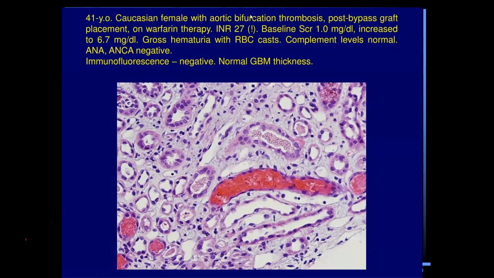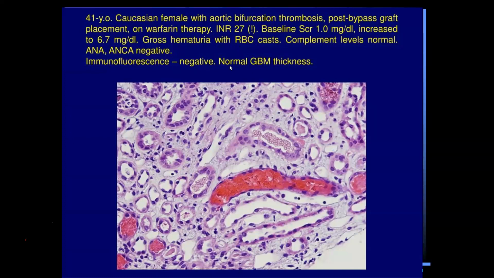It is 27. Okay, the baseline serum creatinine of this lady was 1 and it jumped to 6.7. The patient complained of gross hematuria, and in the urine they found red blood cell casts. The complement levels were normal, ANA test was negative,